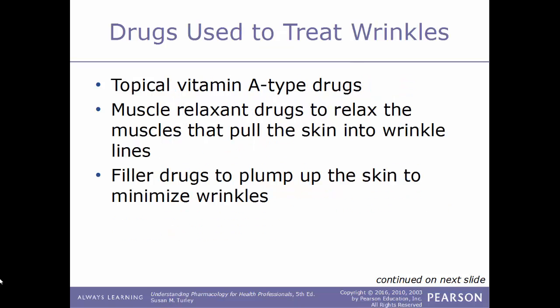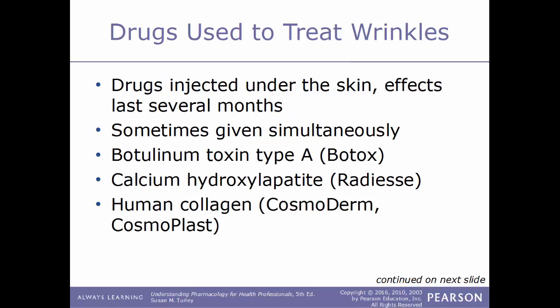Alright, now we'll talk about drugs that are used to treat wrinkles. There are many different kinds of drugs that are used to treat wrinkles. They can include topical vitamin A drugs. They can include muscle relaxant drugs to relax the muscles that pull the skin into wrinkle lines. They can include filler drugs to plump up the skin to minimize the wrinkles. Other kinds of drugs that are used to treat wrinkles are injected under the skin, where the effects can last